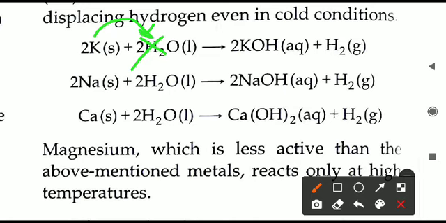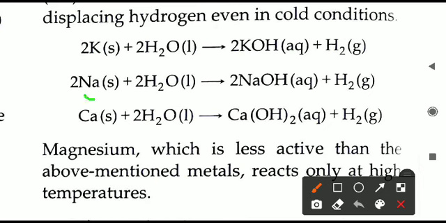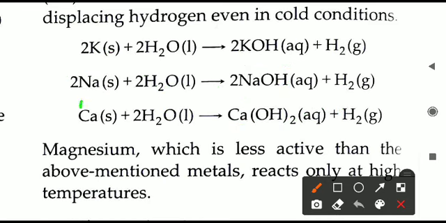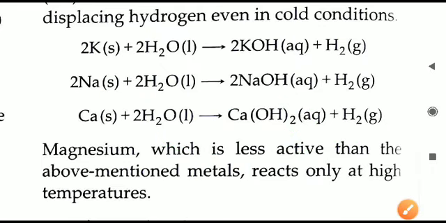Potassium occupies the place of hydrogen. It removes one hydrogen atom from here. This hydrogen is coming out in the form of gas. What is remaining is KOH. That is the compound that is forming here. In the same way, sodium moves toward hydrogen and displaces it. Hydrogen gas will be produced. The remaining thing will be NaOH. Calcium also, same thing. Calcium is more reactive than hydrogen. It displaces hydrogen and again hydrogen gas will be produced. The remaining thing will be calcium hydroxide, Ca(OH)2.